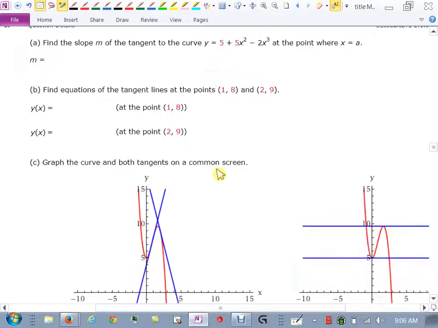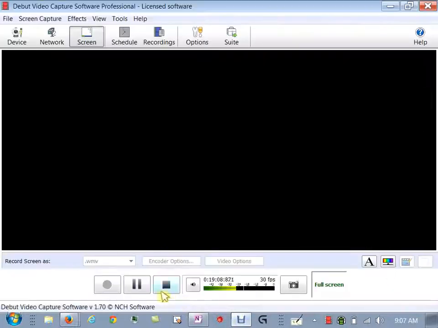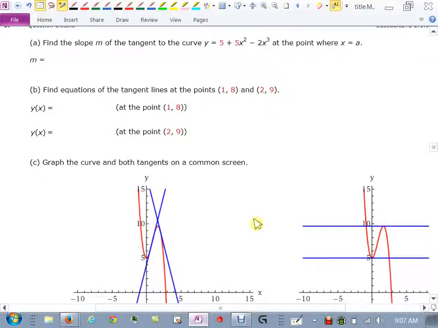All right, find the slope m of the tangent to the curve. I'm going to give you a curve there at the point x equals a. So what we want here is to find a general slope of a tangent line. So we're not going to use a specific number, and we get to choose which definition we want to use at this point. Okay, so let me take a stab at the definition I'm going to use here. We have to pick one of them. So let me use the one with h approaches 0. Let's try that one. So what I want to do is figure out